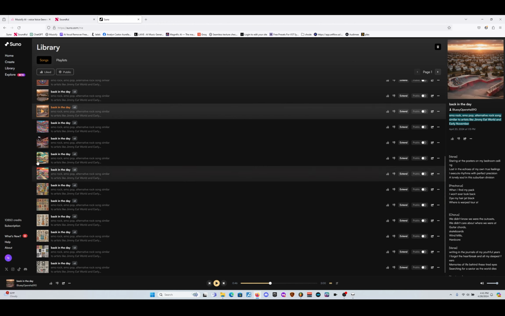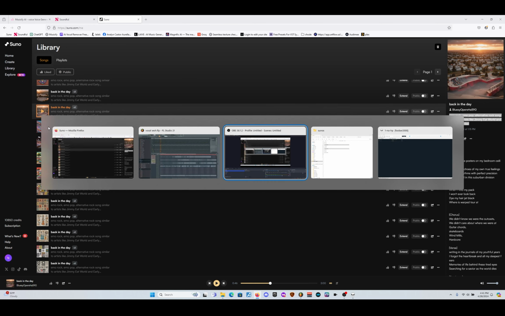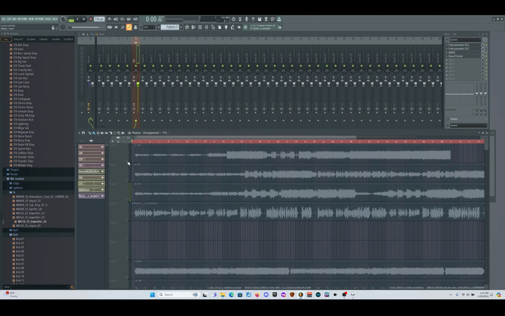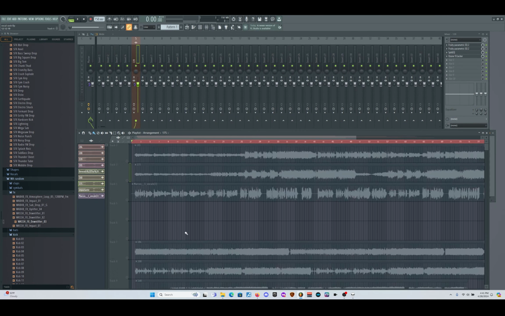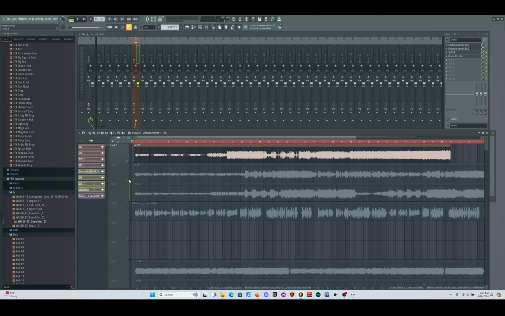But these are some examples of the initial generations I created using the lyrics that I decided to use for this. And here are some of the generations that made it into this project, but it's really these first 2 that I ended up using. I'll give you an example of what these sound like.